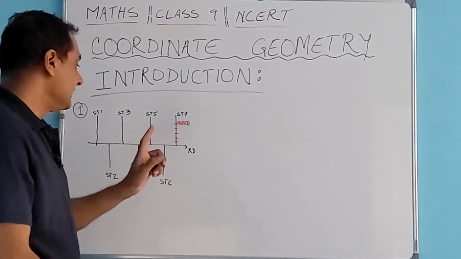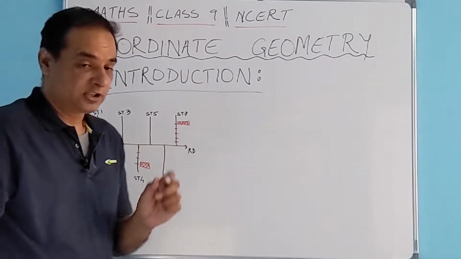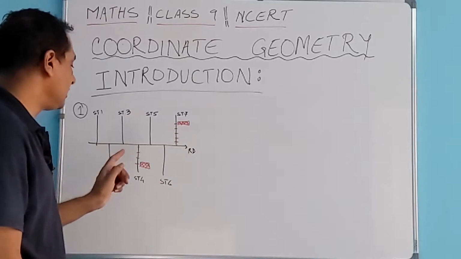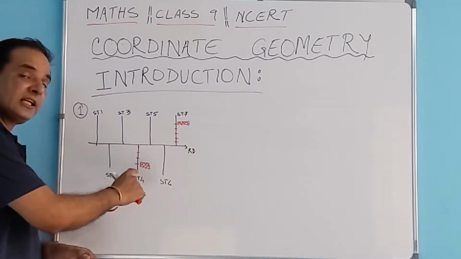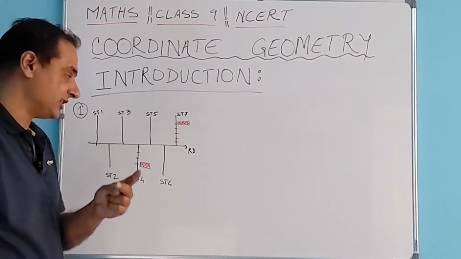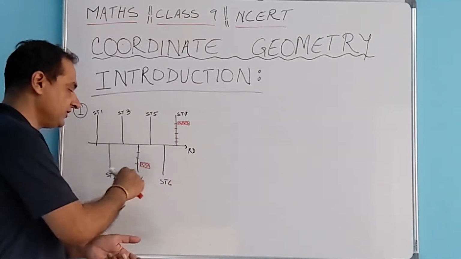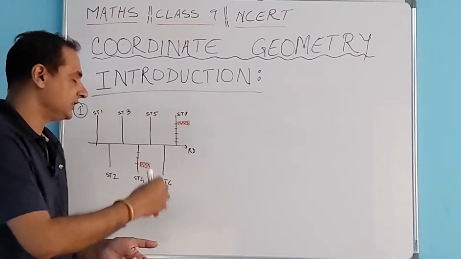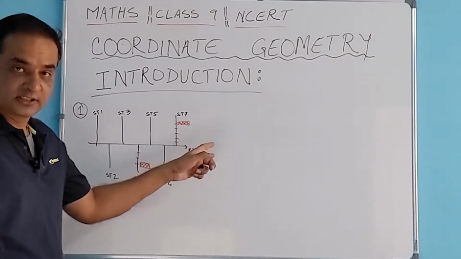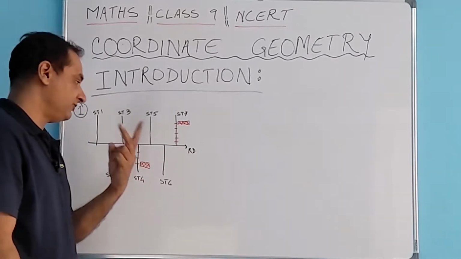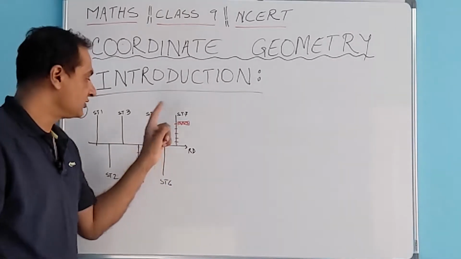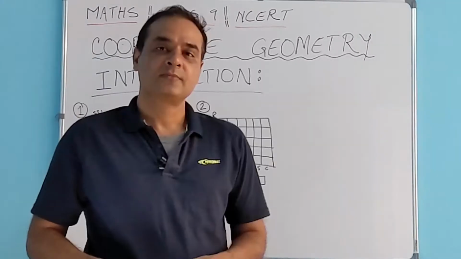Now consider in this example or observe that how we are defining a house, location of a house, street name and house number. We are looking at two information and these are independent. It could be any of these streets and it could be any of the house on that street. If you look at the second house, the example we have taken, हम लोग बोल रहे हैं street number 7, information 1 and information second is house number. So that's how we locate this house.